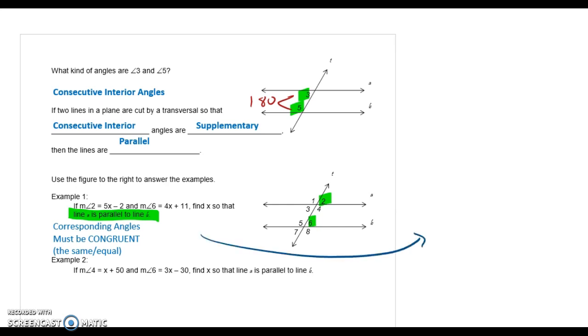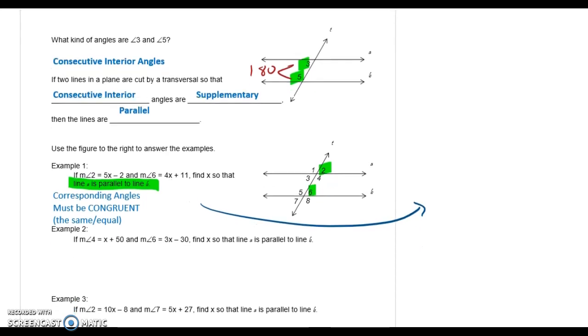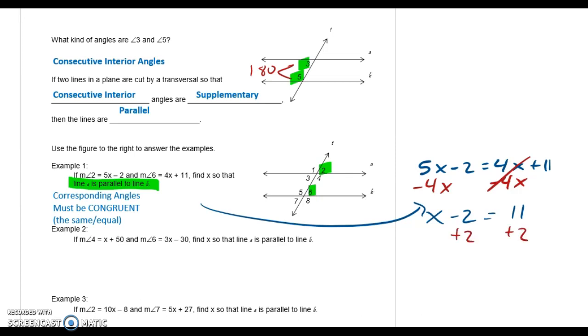I'm going to do the work off to the side so you can see it clearly. We get 5x minus 2 must equal 4x plus 11. Remember, when we subtract something like 4x, you have to do the opposite, subtracting. Those two cancel, I get x minus 2 equals 11. To move this 2, I want to add it because it's a negative. So x equals 13. Therefore, x must equal 13 in order to make those lines parallel. Pause the video to copy it down, as I'm going to shrink it and get started with example